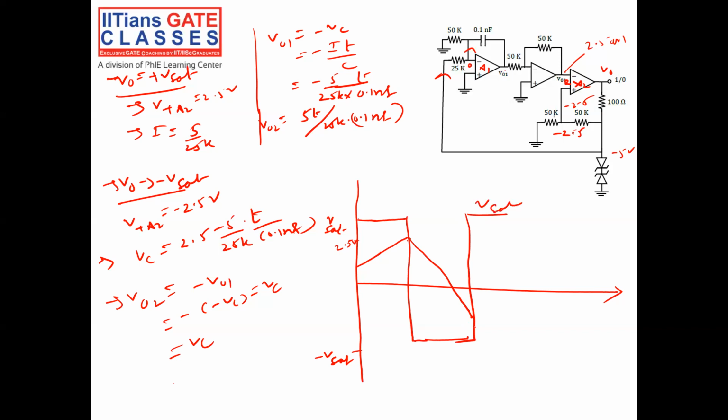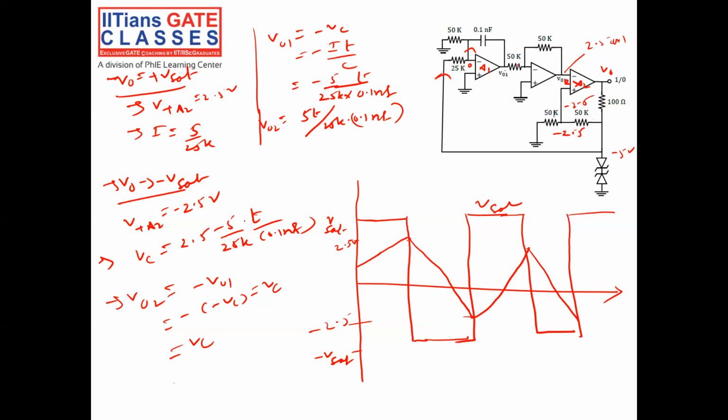Set, right? Again, what will happen? Again, when it becomes plus V set, it will start charging. Again, when it reaches 2.5 volt, my output will switch from plus V set to minus V set. This will keep continuing, and this will be minus 2.5 volt. Okay. So I got a square wave at the output when I introduce an inverting amplifier of gain equal